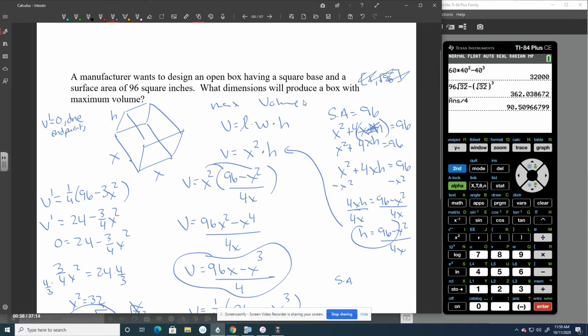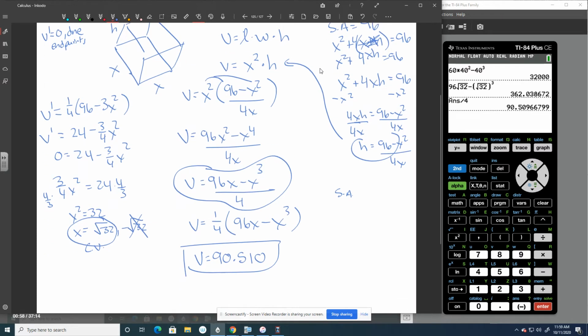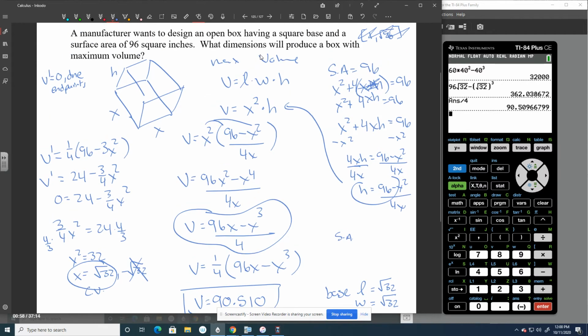Is that what it wanted? Just what dimensions will produce a box with maximum volume? So it doesn't want the volume. It wants my base dimensions. My dimensions are my length, my width, and my height. So my length is root 32. My width is root 32. So to figure out my height,